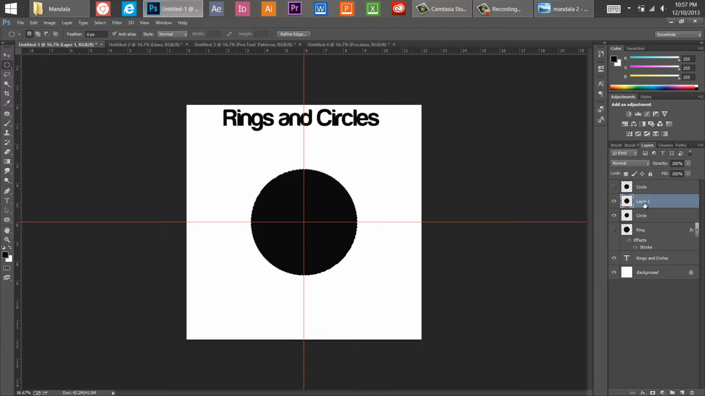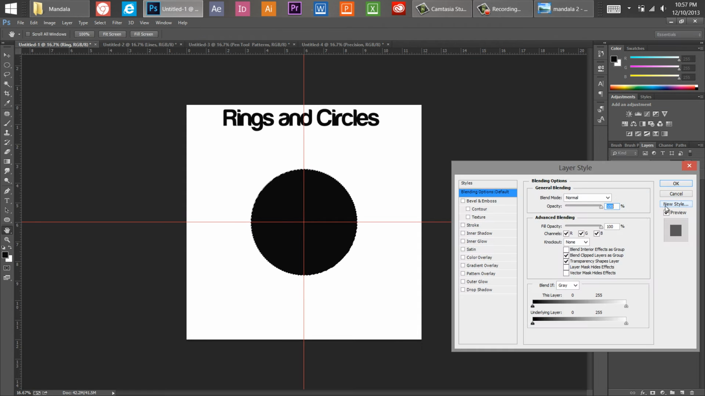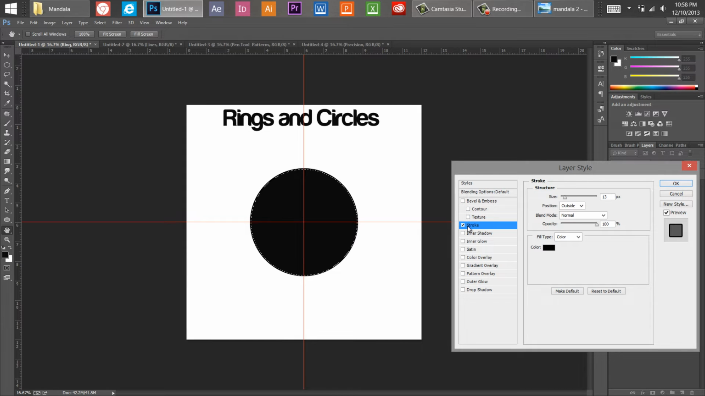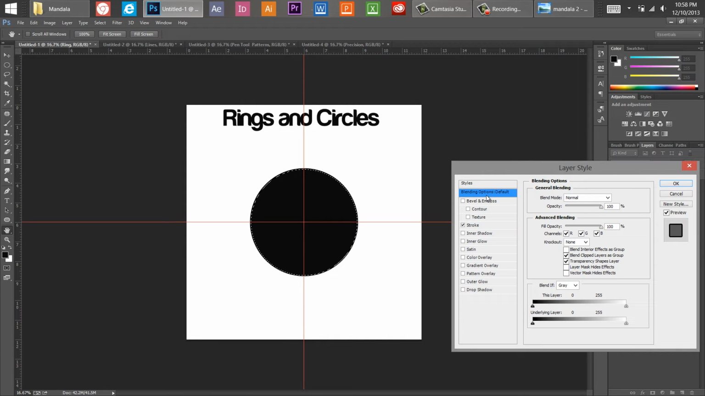Double click on the layer, which I'm just going to name ring. Hold on. Double click the layer and go to Stroke. Select Stroke. Oh wait, hold on. Sorry about that. Go back to the original by pressing